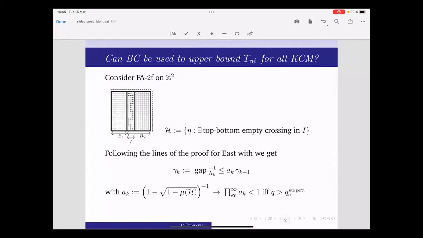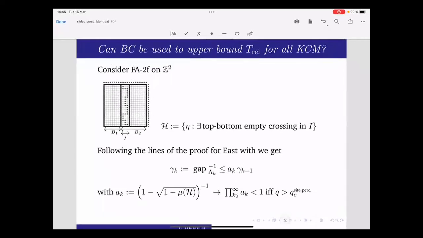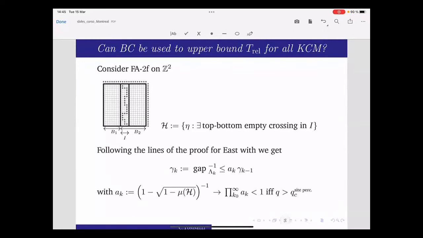So it has a finite, a positive spectral gap. And we could follow the same line as this proof to prove positivity of the spectral gap for this model, by using as a constraint imposing the occurrence of this crossing. If we do that, we succeed in proving something, but something which is not very satisfying, because the probability